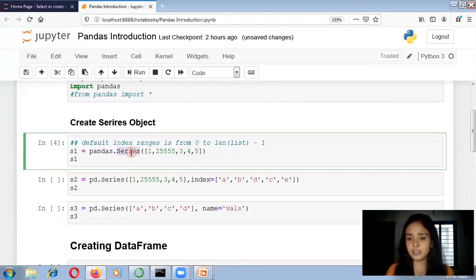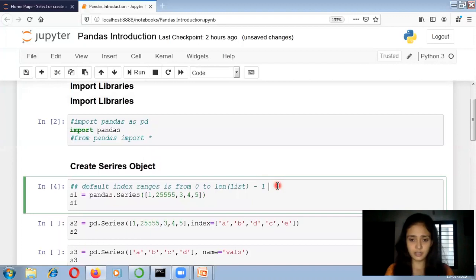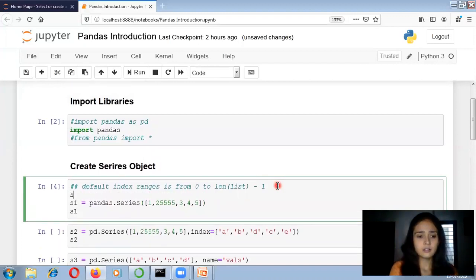This Series method is part of the pandas library. So I am writing pandas.Series. As an argument, you can pass your data. I can write my data equal to this particular list, 1, 2, 555 and so on.